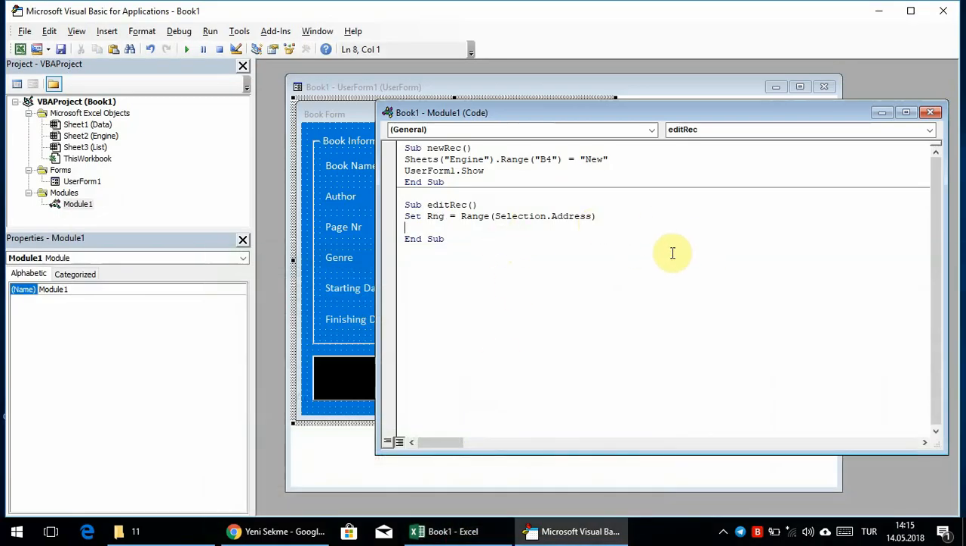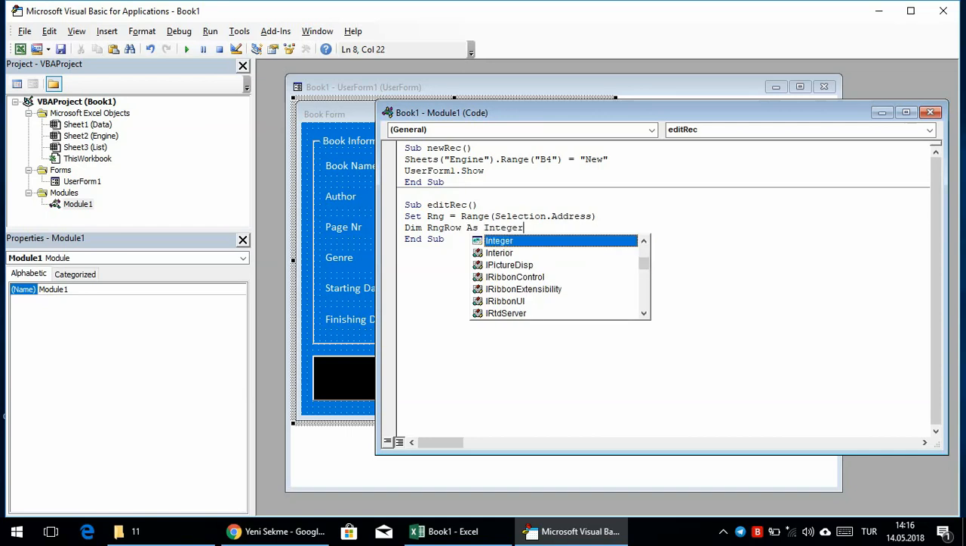And then we need another variable, which I will call RngRow, which is going to take only the row of the selected range. And sorry, this is going to be integer. Now let's define the value of the range row. The value is going to be the row of the selected range. The selected range was Rng, which we defined here. So Rng.Cells.Row